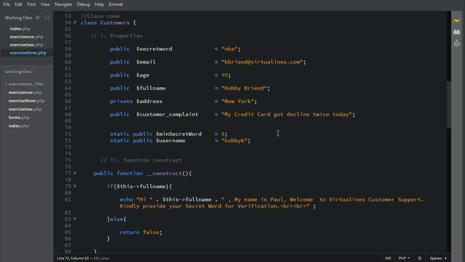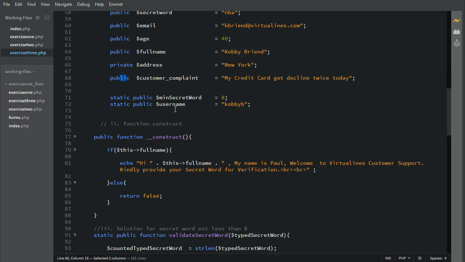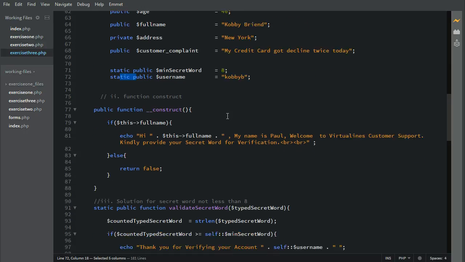All right, great. Now I made some of my properties public. I made this private because I did not use it in the child class. So I made it private. And also I made this one public because I had to use it in the child class. And I created two static properties, so that I could use it in